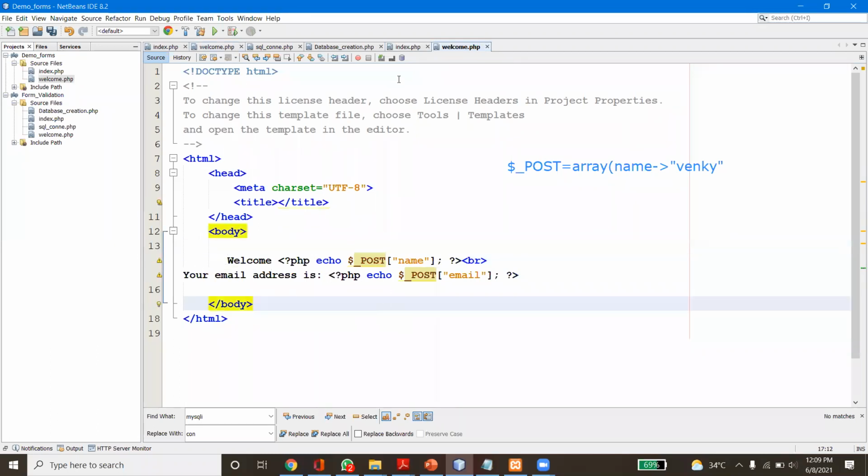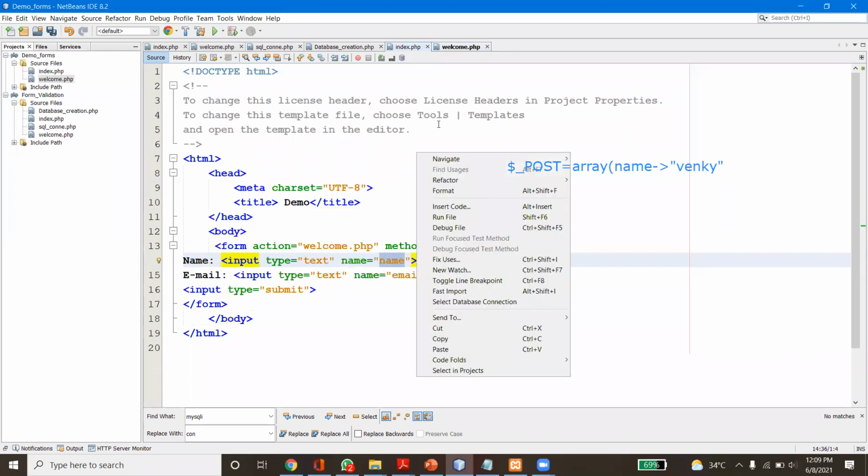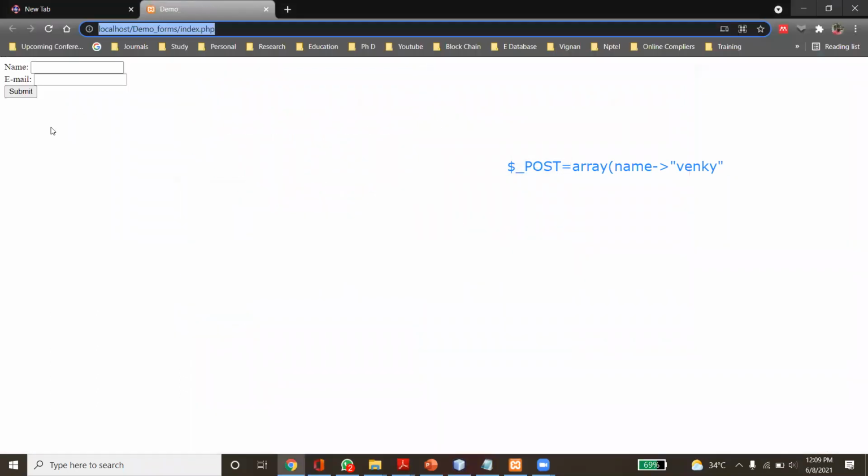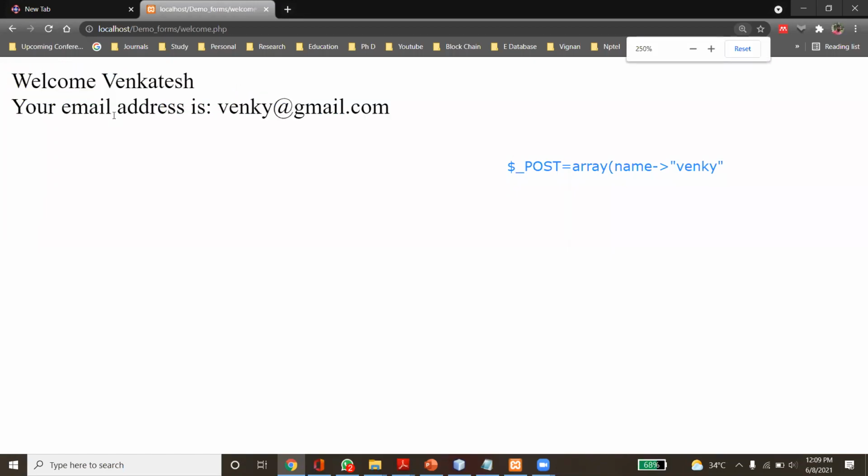Now I'm going to run this code. My name is Venkatesh, and the email ID is some email ID at gmail.com. When I click submit, if you observe, after welcome we are printing echo.